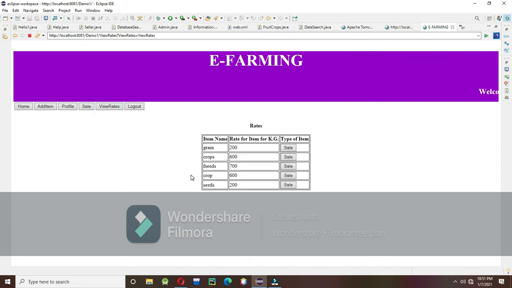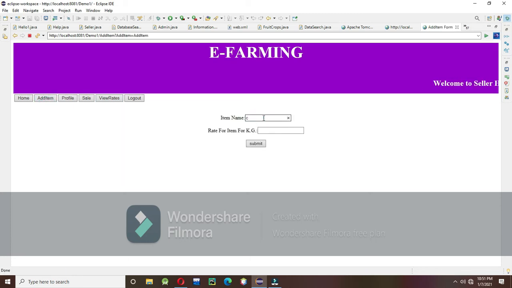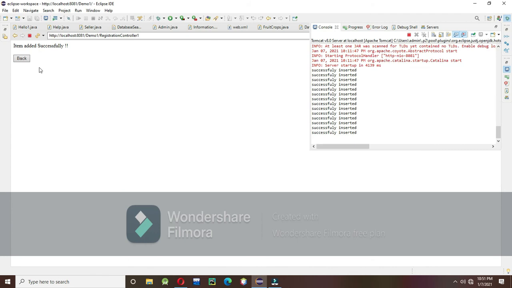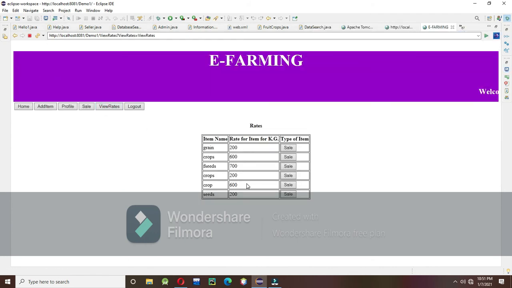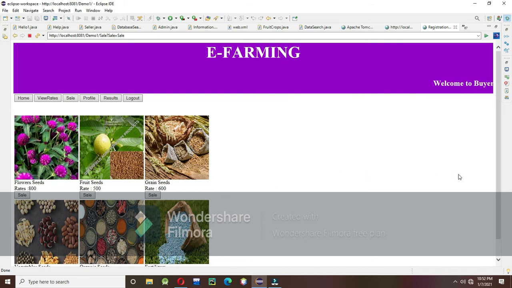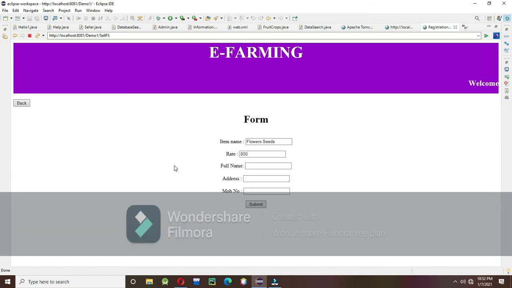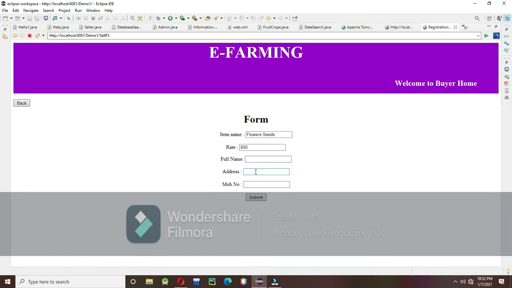This is the view rates page. And in the sell page, the products or items which the seller wants to sell are present, so that on click of a sell button, one form appears. When the seller fills the form, the item is available to sell.